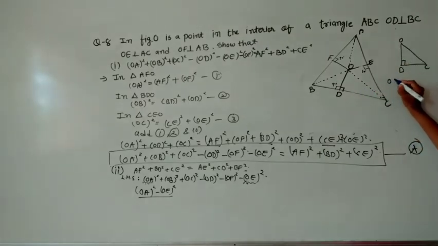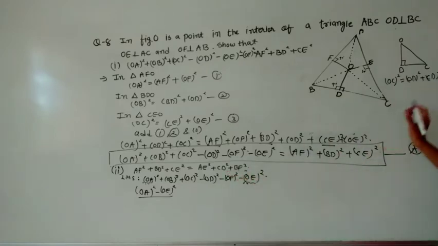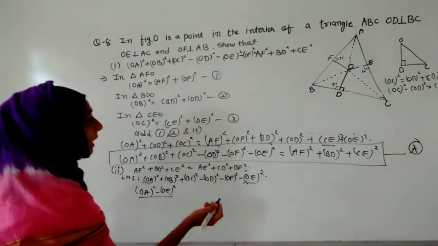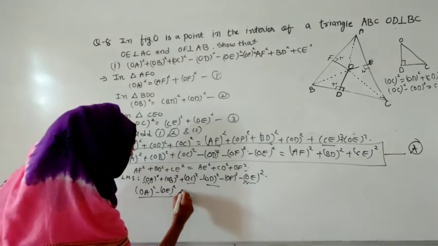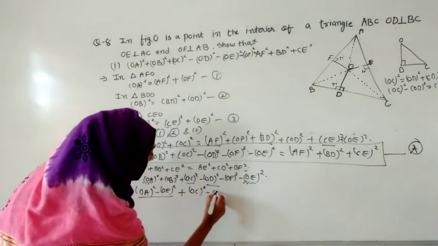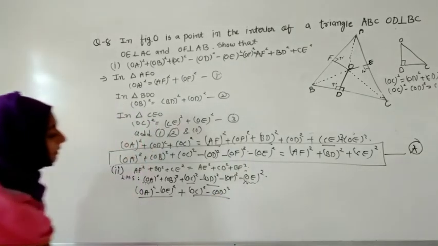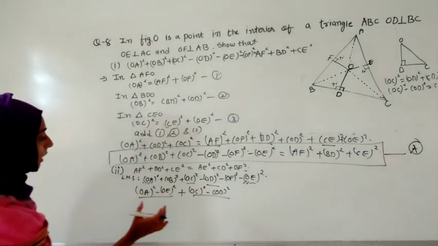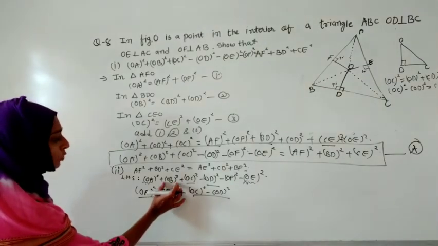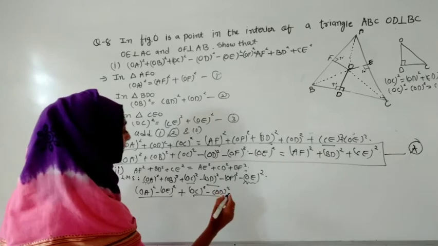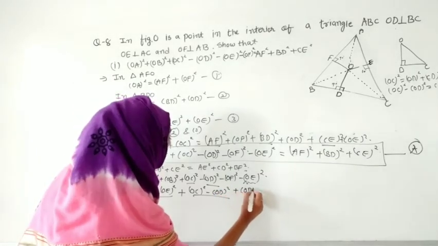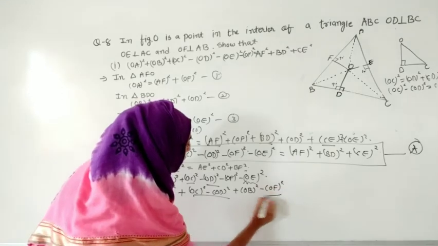And if we apply Pythagoras law, it will look like OC square is equal to OD square plus CD square. And in the answer, what do we want? We want CD square. So we will shift: OC square minus OD square will be equal to CD square. Means we will make another combination as OC square minus OD square. So here I am writing OC square minus OD square, and we will write it separately. So the third and last thing that remains is this OB square minus OF square. Let us write it, and we will check it: OB square minus OF square, we have made a combination of it.